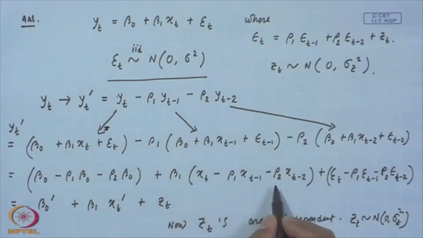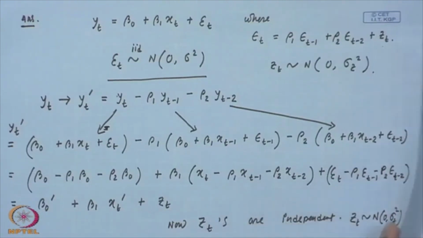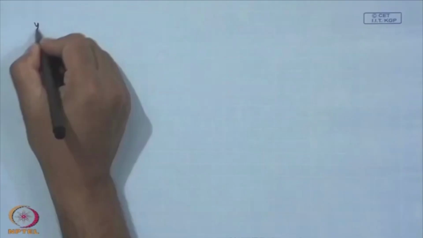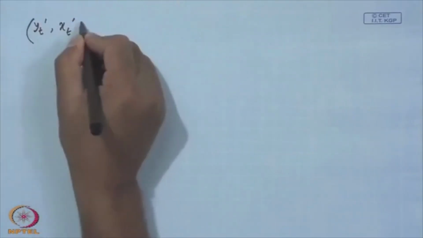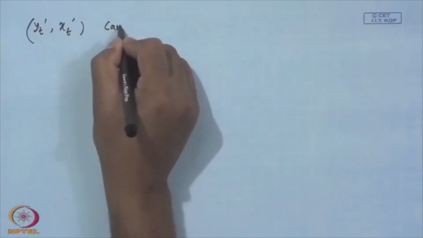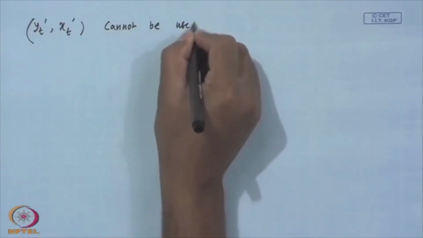Similarly, x t prime involves rho 1 and rho 2. So, we can't use this transformation unless we know the value of rho 1 and rho 2. So, y t prime and x t prime cannot be used